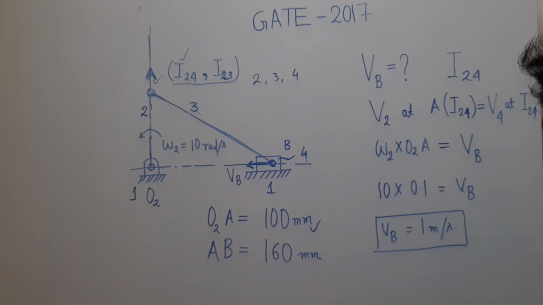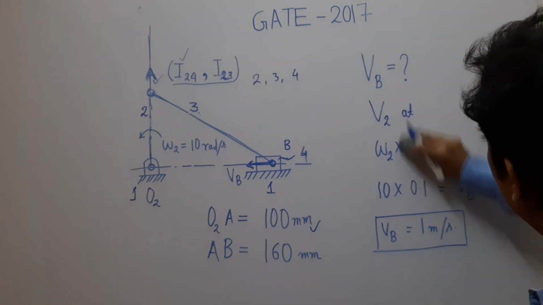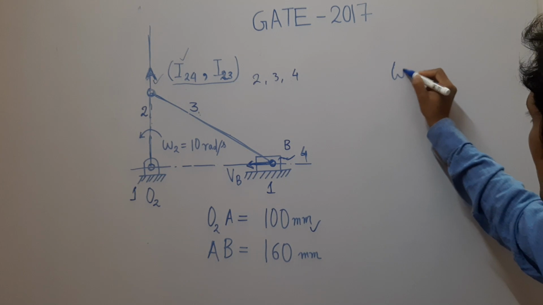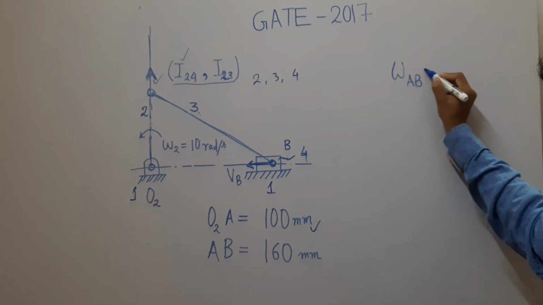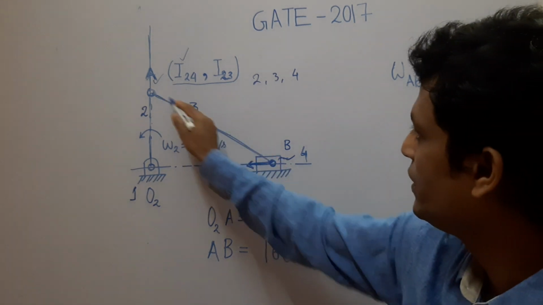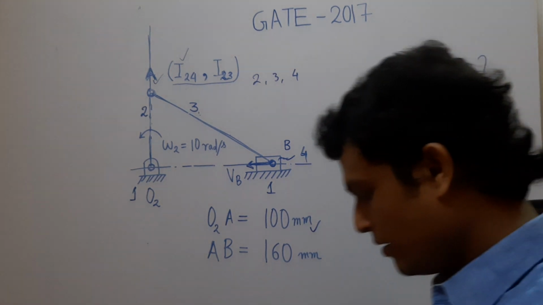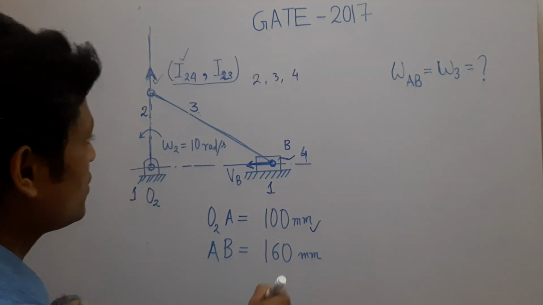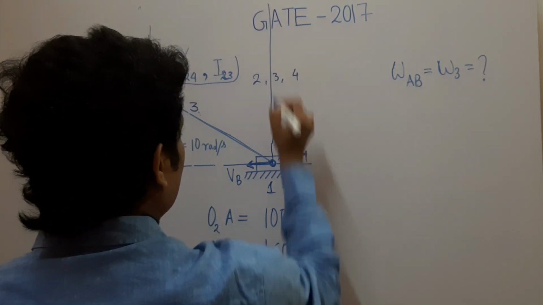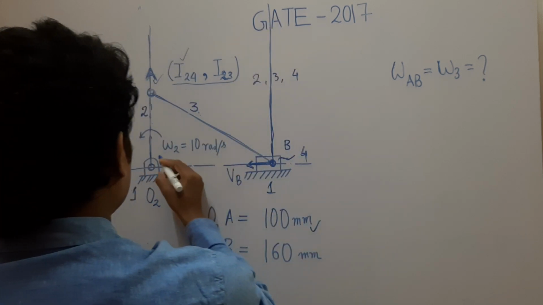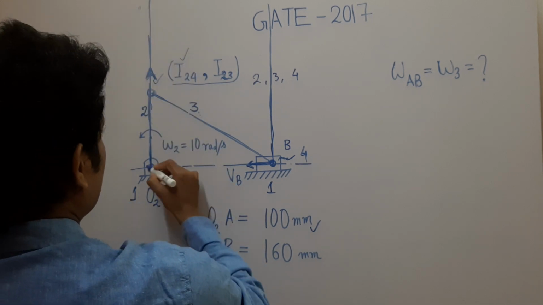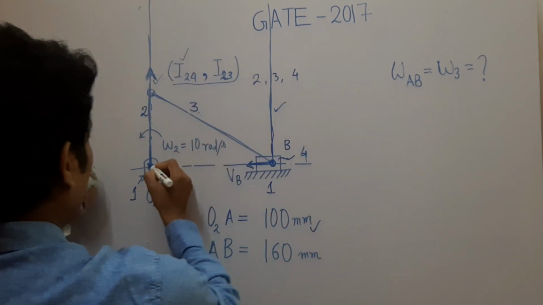So we have already done this problem, so let us erase these things. Now I am asking you, the omega AB is nothing but omega 3. Let us calculate what is the angular speed of the connecting rod. So at this instant, what is the location of I13? I13 is what? If we extend this perpendicular line and we extend the crank, the intersection between this perpendicular line and the crank